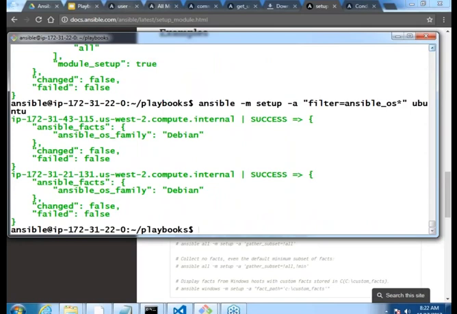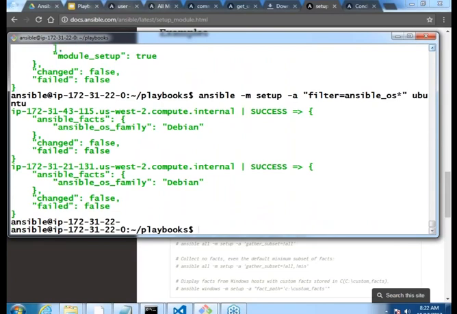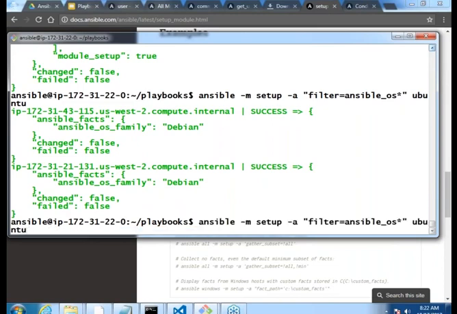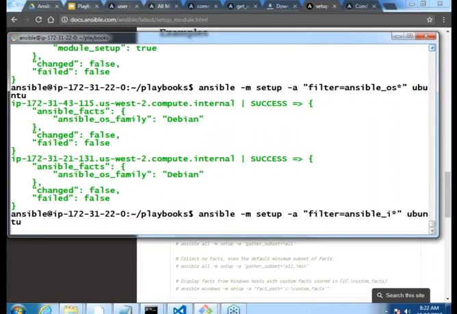It will just show me the stuff with OS. You should know the variable name. If you know the variable name, filtering it out is very simple. For example, I want to know all the variables which start with ansible_i. I don't know what that i means. So let us just.